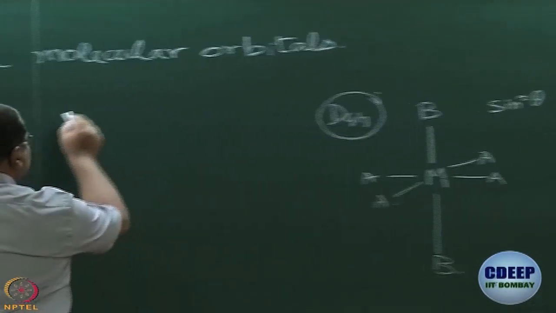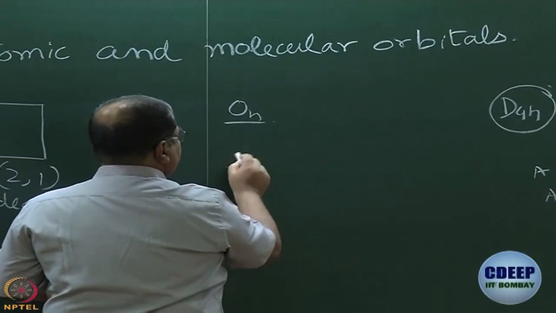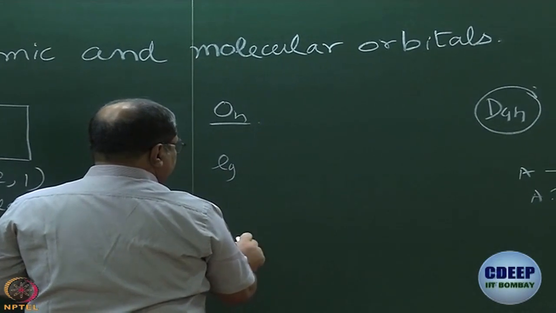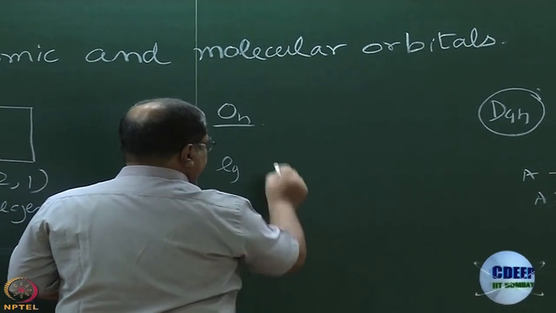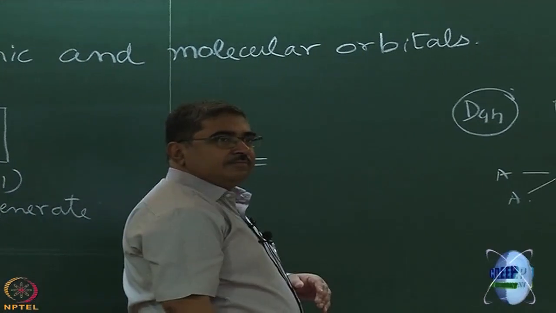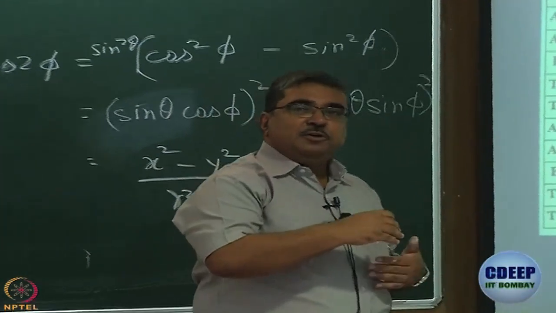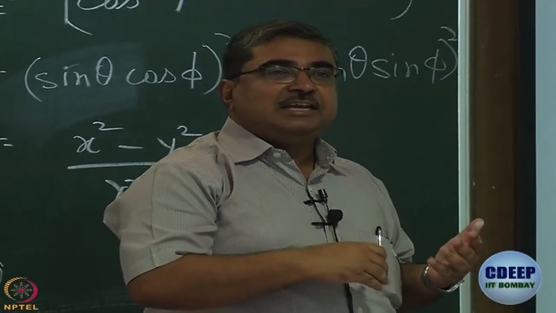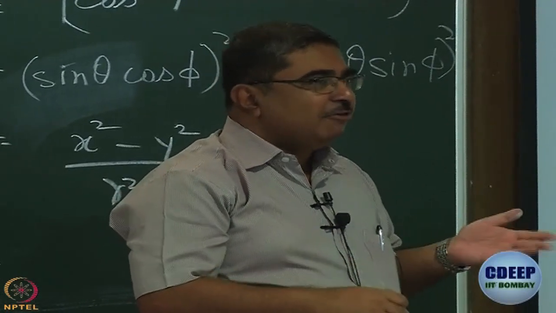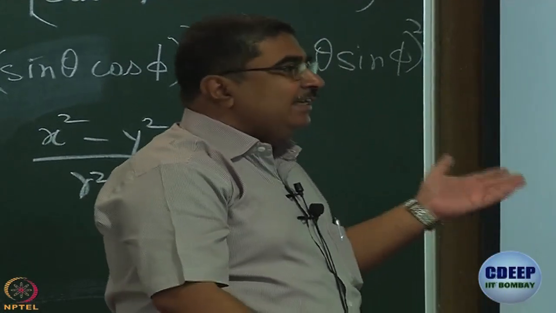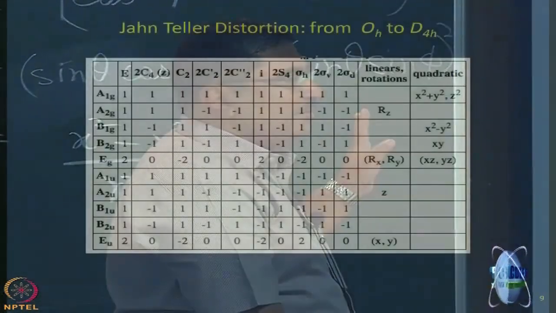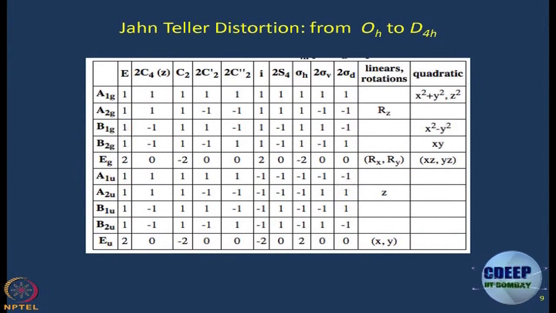Okay. In octahedral case, we had this Eg and T2G. The moment you have Jahn-Teller distortion, the symmetry point group changes from an octahedron to D4H. Now, let us see whether Eg and T2G remain intact upon going to D4H. This here is D4H and see what we have. I think I will go there, that is better.